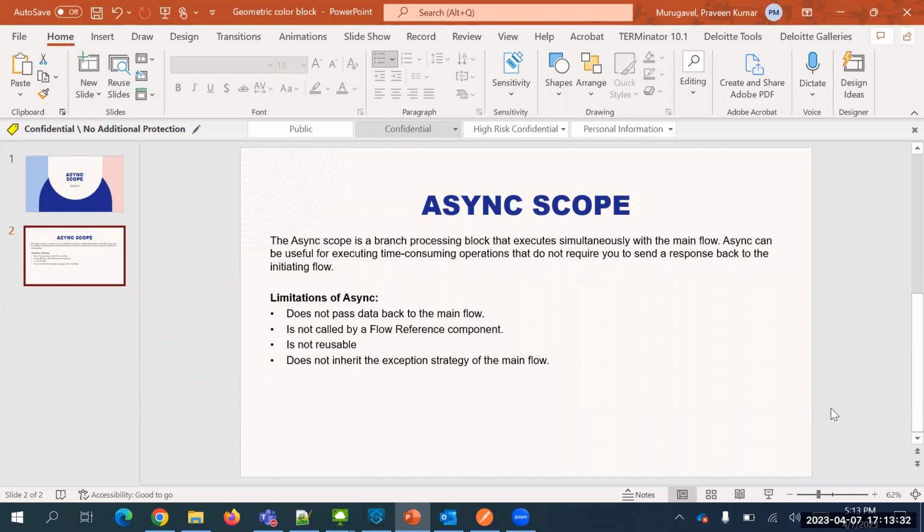Your API might be called by some front end, and the backend could be a DB or anything which will consume a lot of time when you post some data to it. So in that case, there could be scenarios, for example in batch processing, where when you receive data from a front end, the front end system might not require any kind of response. In that kind of scenario, we can use this async scope to just